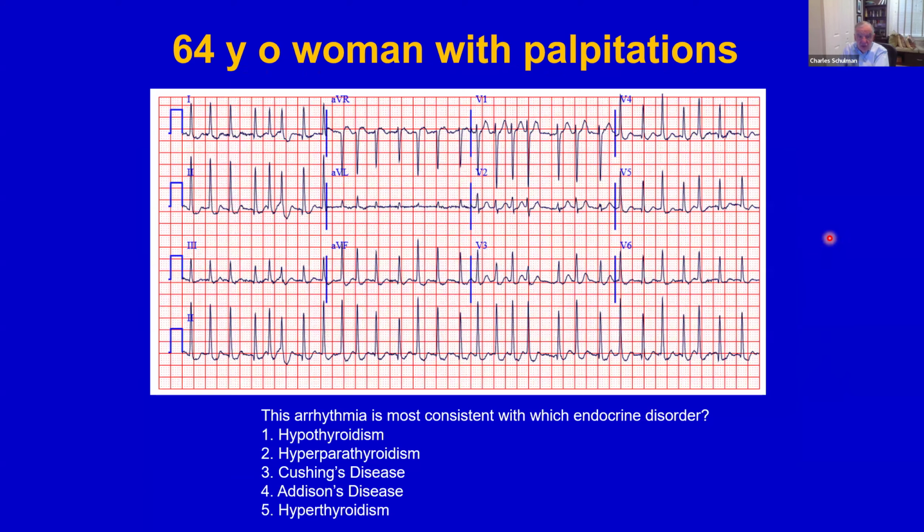So here's a 64-year-old woman who complains of palpitations. She's got a very rapid but irregular, narrow complex rhythm. You cannot see P waves, so what do you think the diagnosis of the rhythm is? It's atrial fibrillation. It's kind of a no-brainer. This arrhythmia is most consistent with which endocrine disorder? Hypothyroidism,